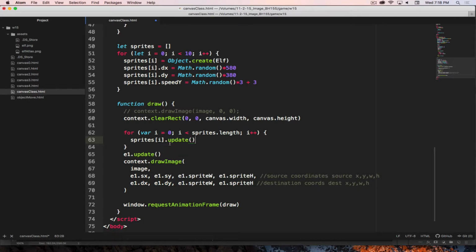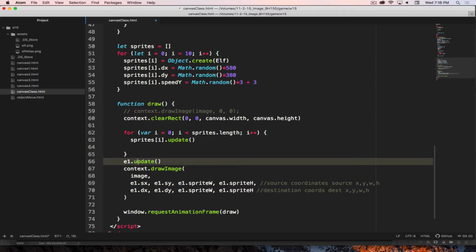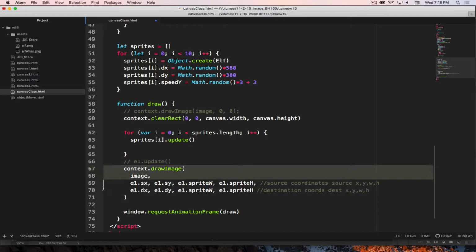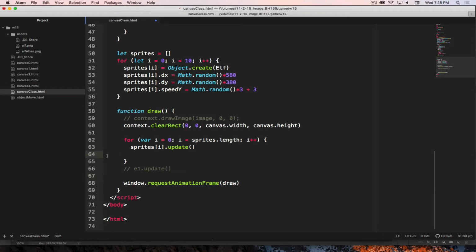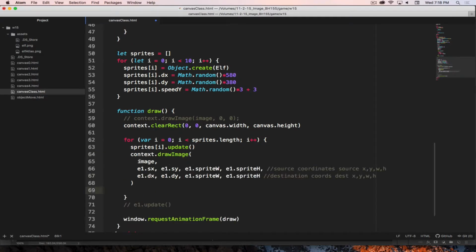So cycling through the array, now we can comment that out. It allows us to go through each object or each sprite that we've put into this collection of objects and tell them to do something. So now I'm going to grab that context stuff there. We'll put that in. But I need to change it, so everywhere it says E1, I'm going to have to change that to sprites